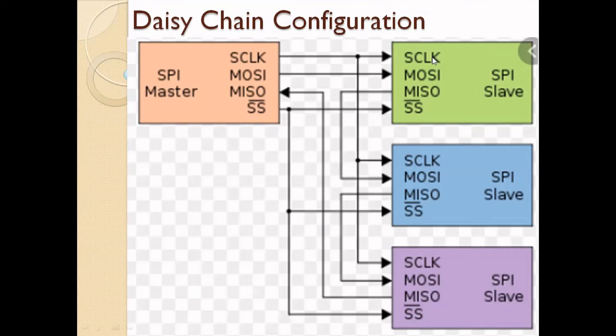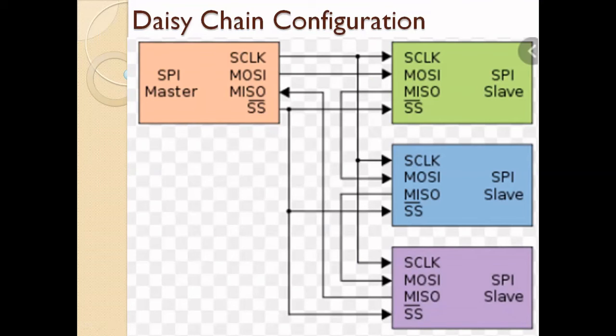So first what you have to do, I want to send data to Ajay. First I will send a command, which means I will give the address. So I want to send data to Ajay, and I will send the data to the slave 1 device. It will receive the data and check whether this data belongs to it or not.